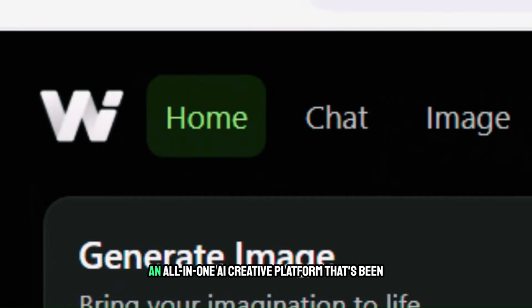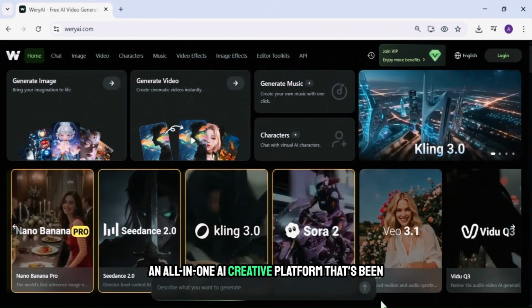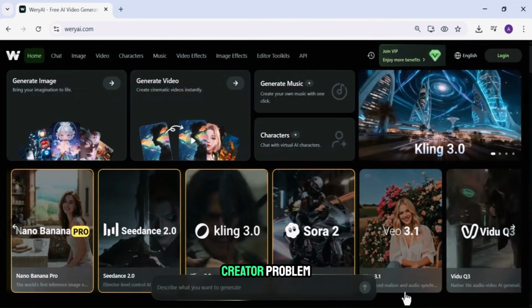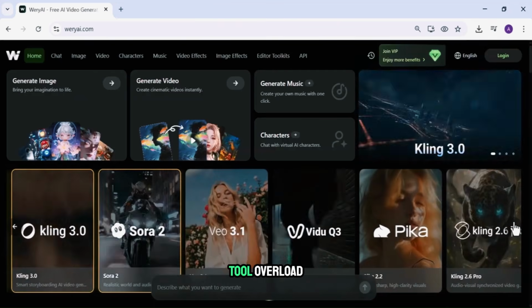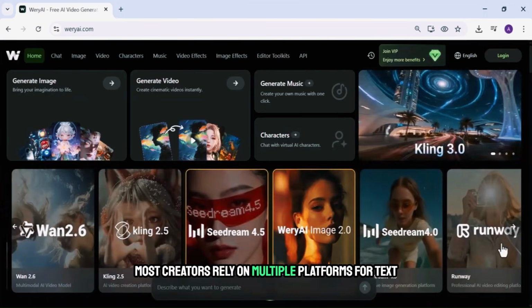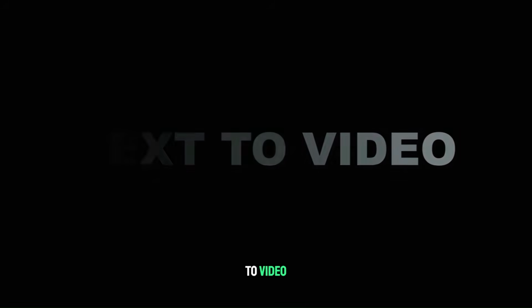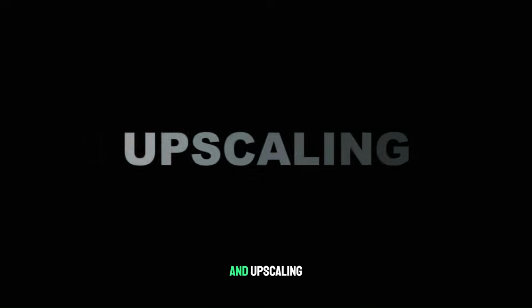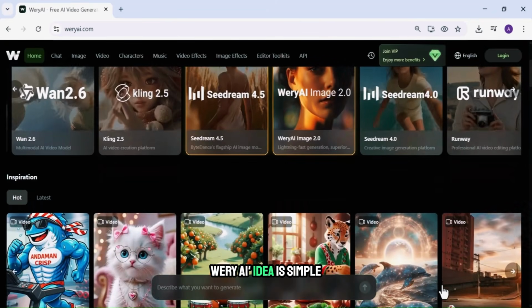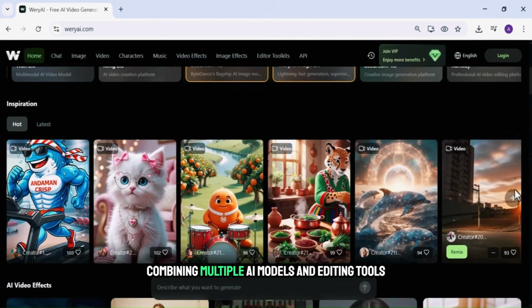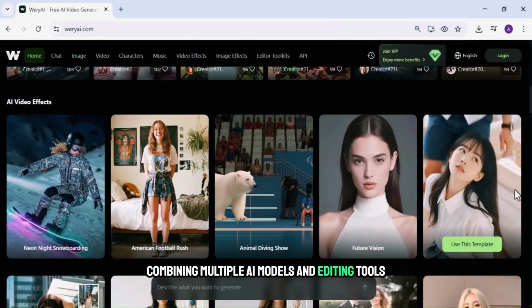WeryAI is an all-in-one AI creative platform that's been getting attention for trying to solve a common creator problem: tool overload. Right now, most creators rely on multiple platforms for text to video, image generation, editing, subtitles, and upscaling. WeryAI's idea is simple: bring those workflows together in one place, combining multiple AI models and editing tools into a